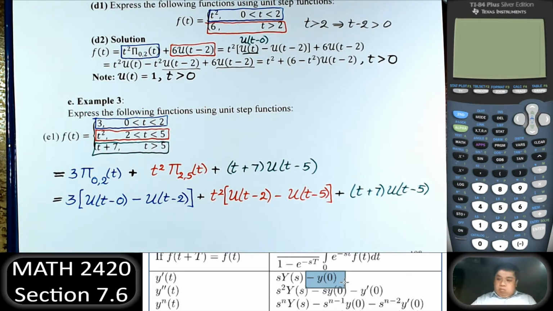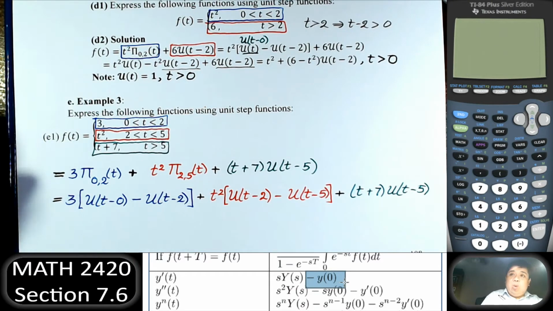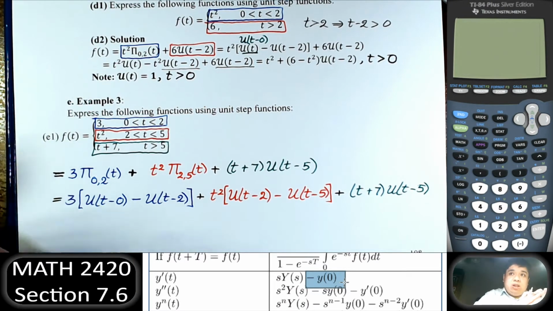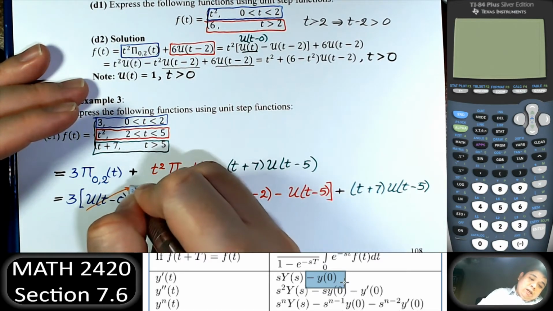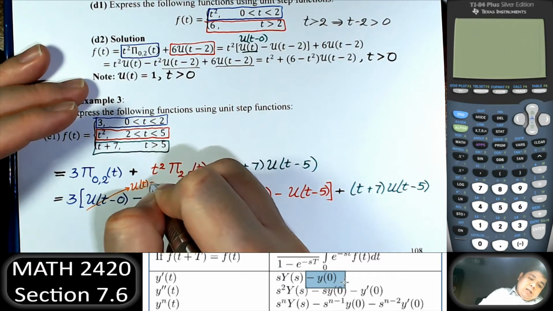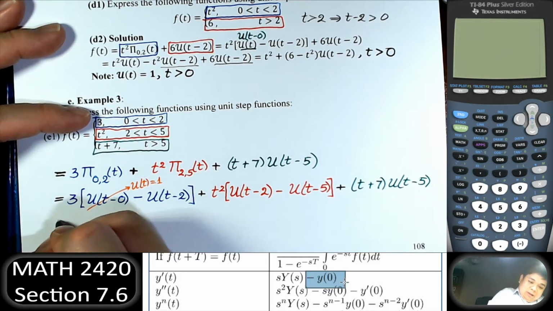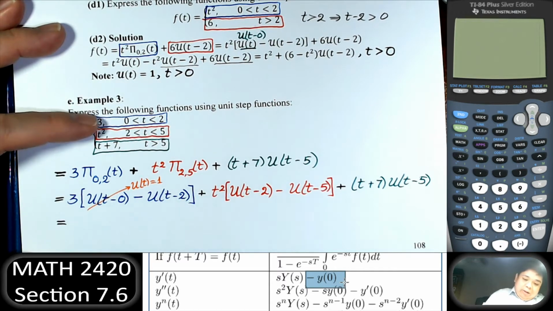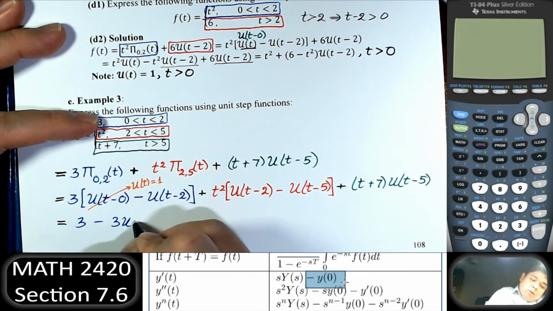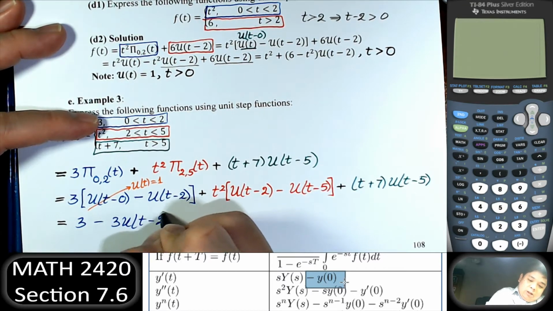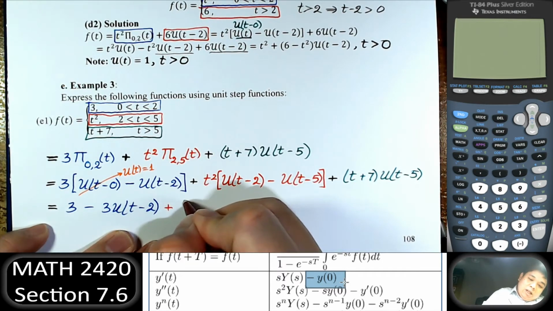Next, as mentioned before, u of t or u of t minus 0 is equal to 1 because we're interested in the function when t is greater than 0 only. So u of t is equal to 1. So we just have 3. So we have 3 times 1 minus 3 u of t minus 2. Next, plus t squared